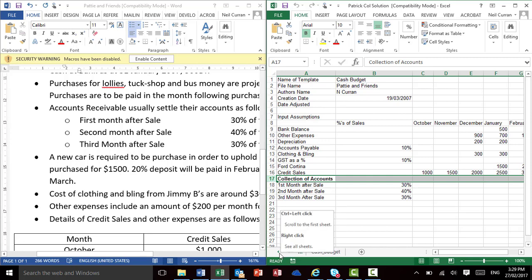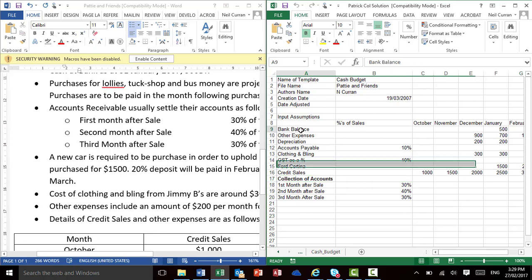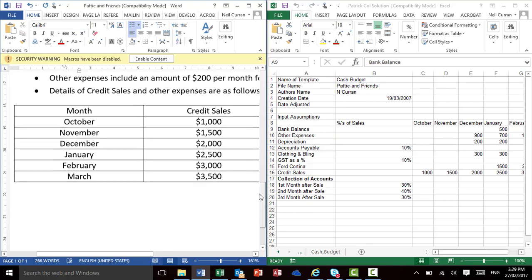Now, when you get one of these questions, the first thing to do is determine what type of information needs to go into the input schedule. All the information that is provided within the stimulus question needs to be put in there. It doesn't really matter what order it goes in. I've actually started with bank balance, and you can see here on this stimulus question that the bank balance was